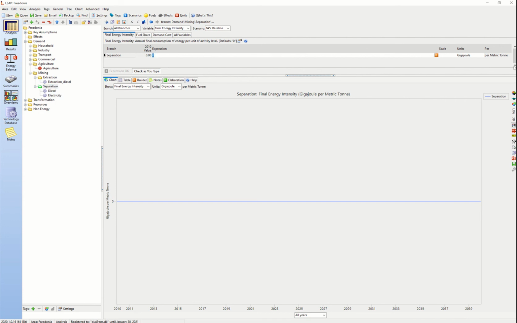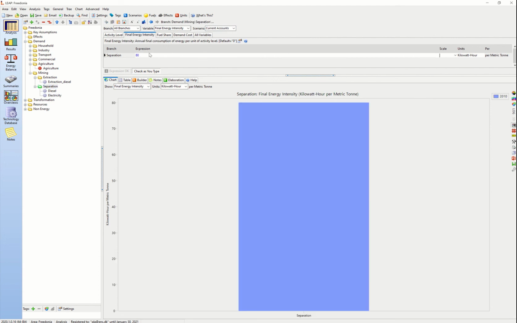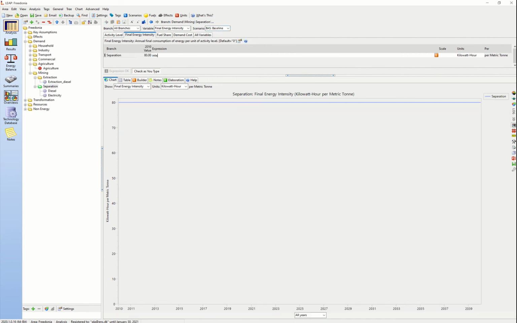Per metric ton, we will say this is a lighter task. It's because I'm using the scroll wheel, it does not like that. We'll put that into kilowatt hours. That's fine. It cannot convert that, and it shouldn't. And per metric ton, we are going to use 80 kilowatt hours in this case. And I am doing that in the wrong scenario again. That happens a lot. Going to go back, 80 kilowatt hours. And we are going to get better at that. So we are making sure that in the future,